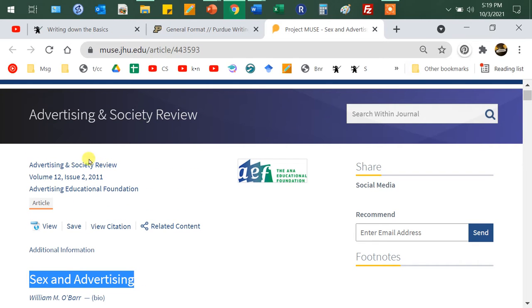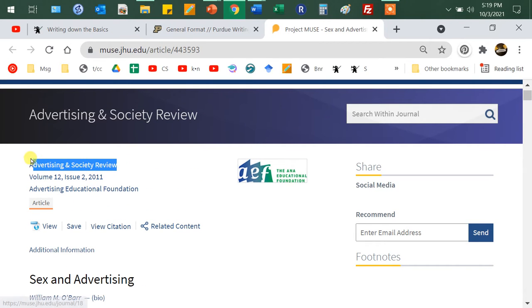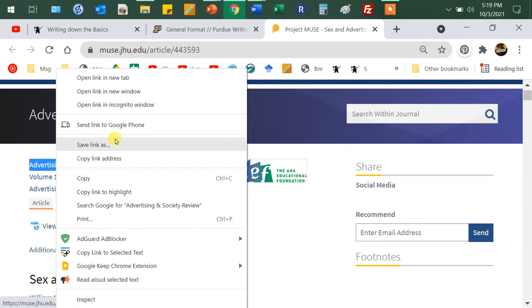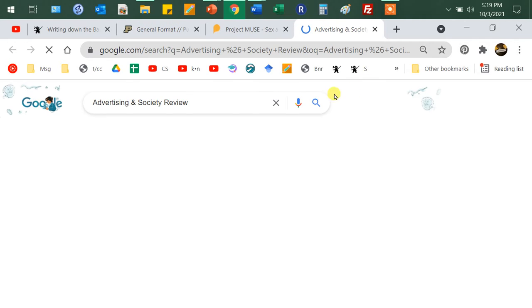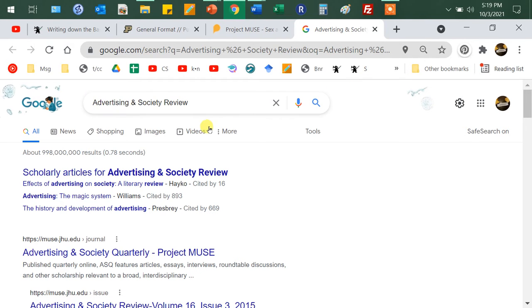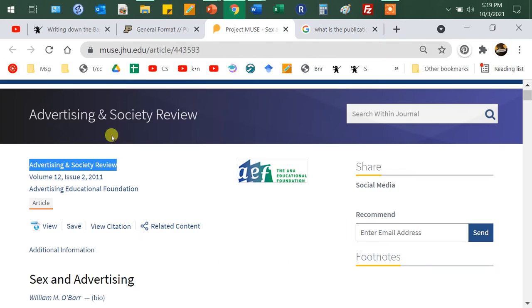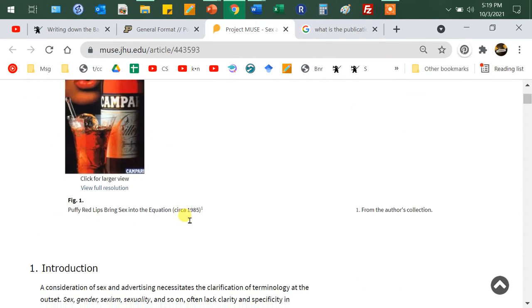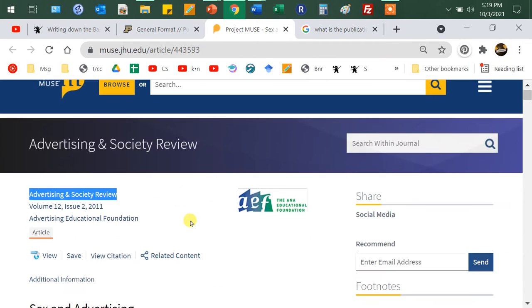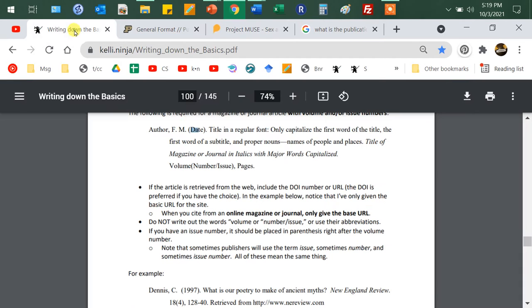We'll have that there. This Advertising and Society Review, well, one way you can figure out what something is if you're not sure, and this is what I do, right? I will say, I mean, that takes me to it, but what is the publication? Often I write the whole thing out, and it says it is a scholarly journal, okay? Now, this is on the Project Muse website, so I'm also going to need to let people know about that,